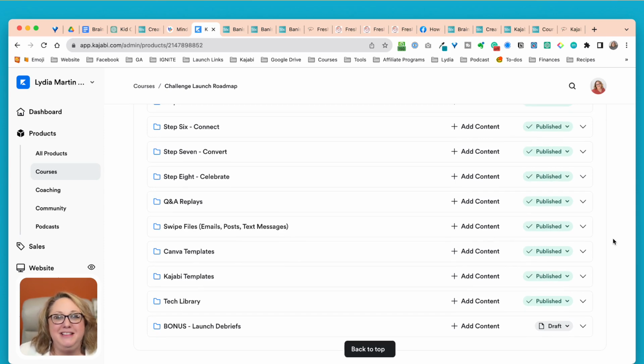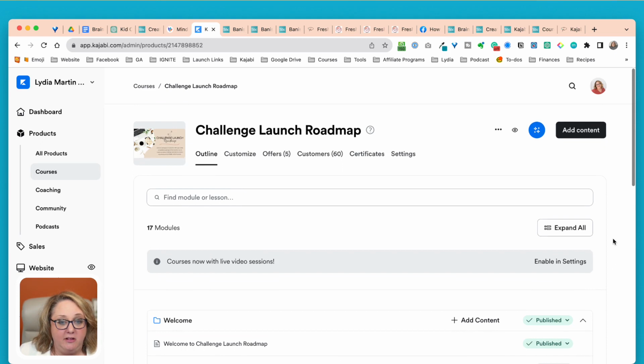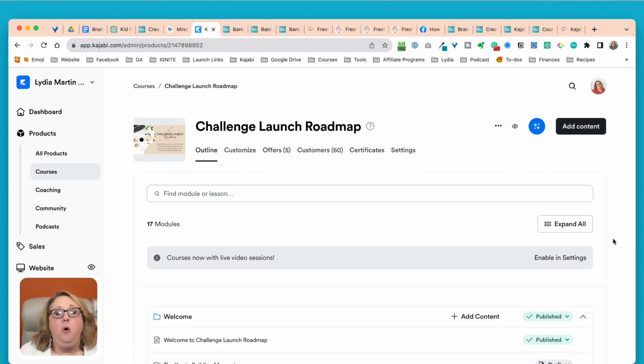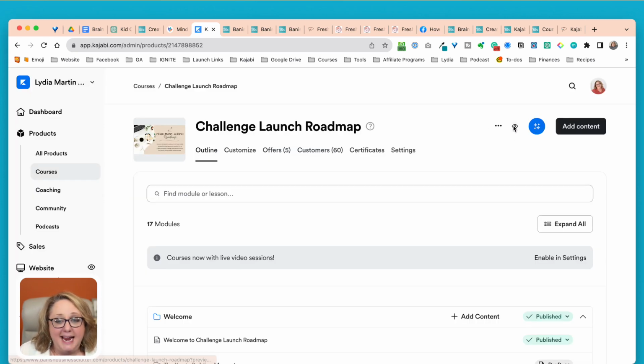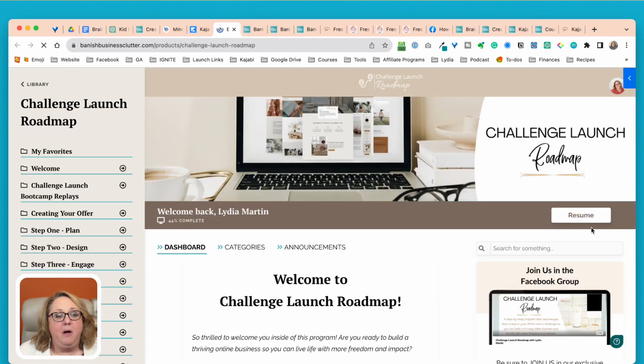It's basically everything someone would need to launch their course with a 3 to 5 day challenge. And because there's so much included, I knew I needed a theme that would allow people to quickly get to where they needed to go. So this is perfect for the Momentum theme that's inside Kajabi. But because I bought the Momentum theme, the pro version from Penny, it does give me a few added features.